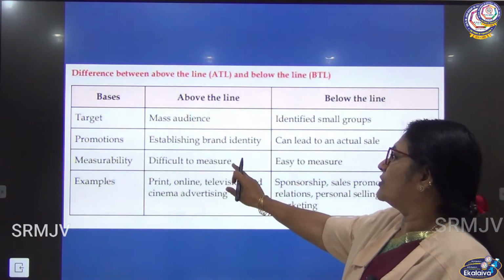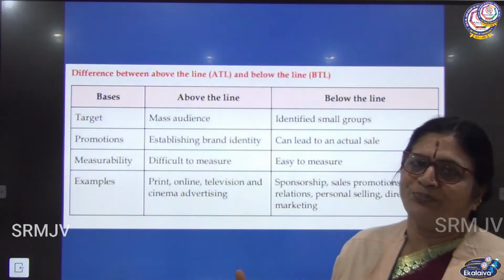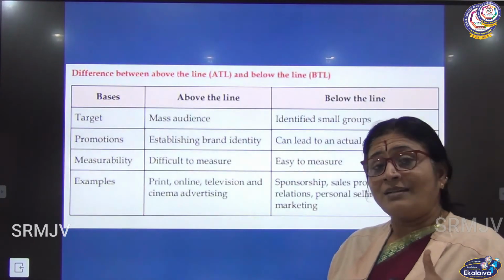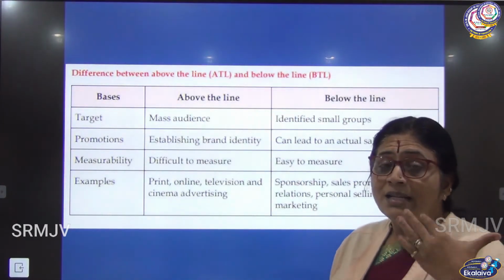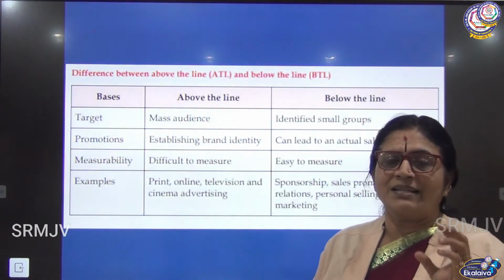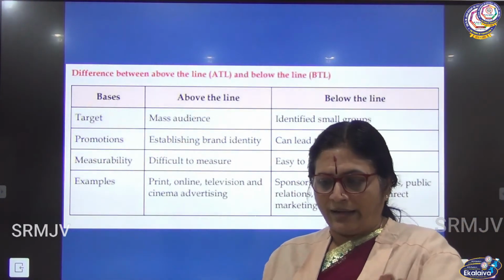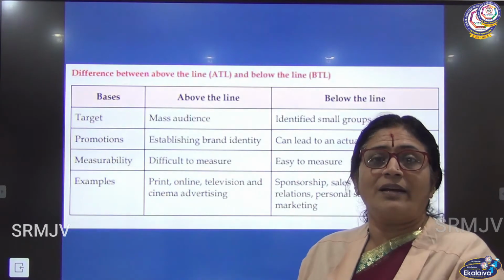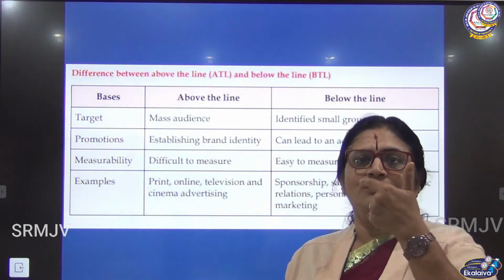Then it is difficult to measure. Measurability is difficult, as you do not know how it has reached you. You are advertising through the television. See, there are some advertisements which are very attractive and which get registered in your mind. Like the Onida advertisement with the two horns, very interesting. I'm not able to forget it, isn't it? Likewise, there are other advertisements like the 7-Up advertisement, Rasna advertisements, that Gopal toothpaste, tooth powder.